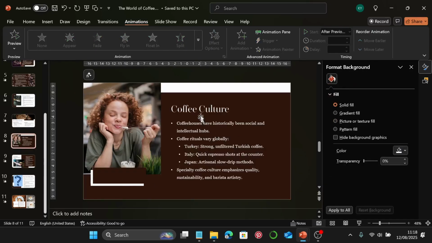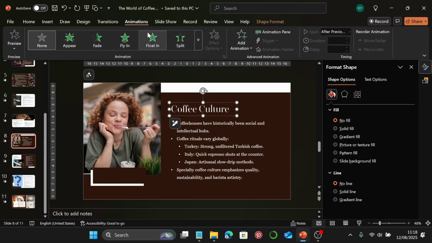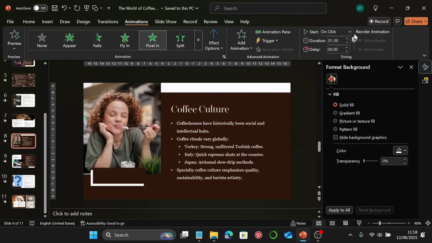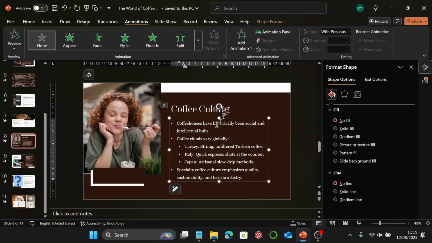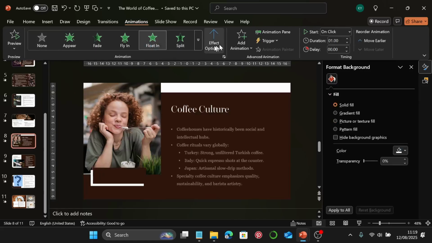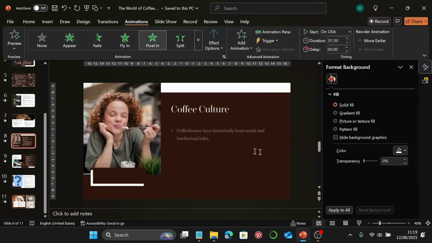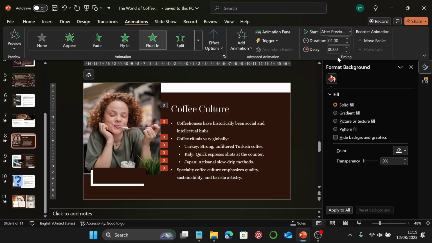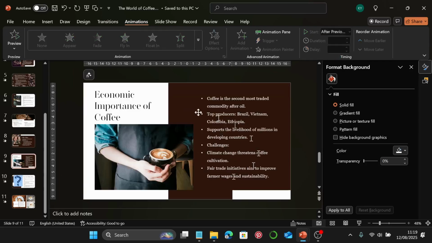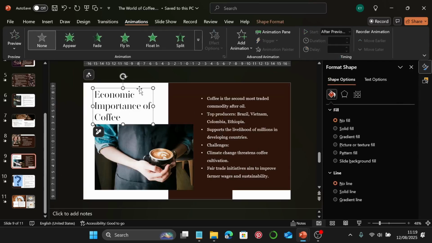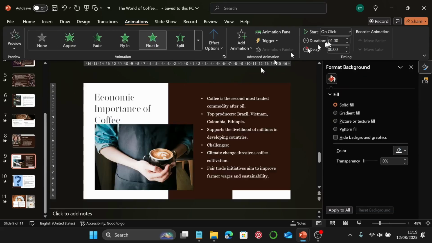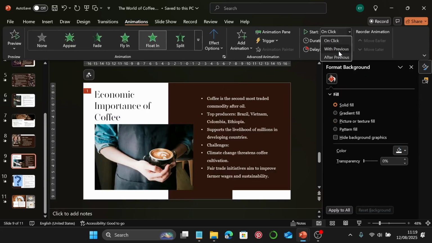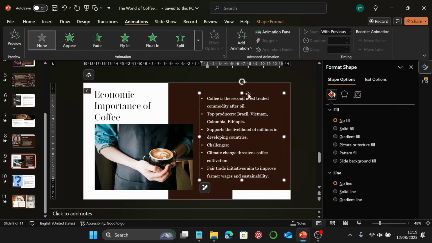Next slide, I'm going to select this one, make it float in, and I'm going to make this with previous, and select this one too, make it float in, go to effects by paragraph, and I'm going to make this after previous. Slide 9 starts with this one, make it float in, this starts with previous,